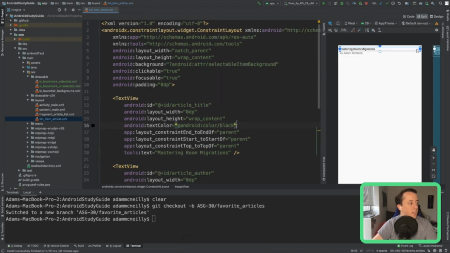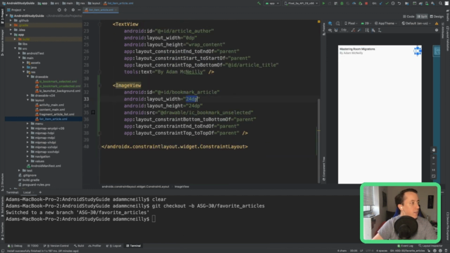That's kind of tiny. What if I do this? Or what if I make the height 0 so it fills? God dang it. Trying to think of how to size this. You know what? We'll just leave it at the 24 and we'll play around with the size after we get it on screen.